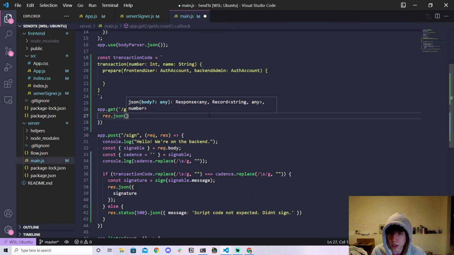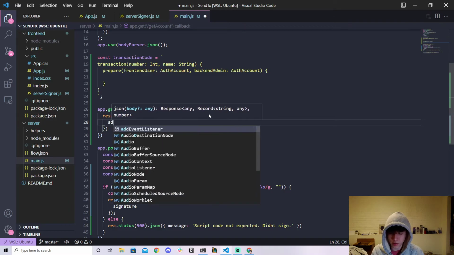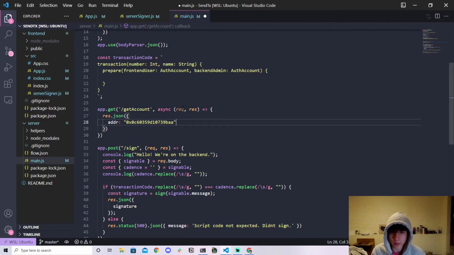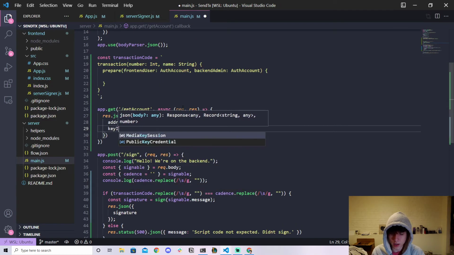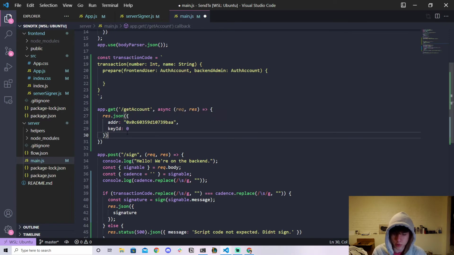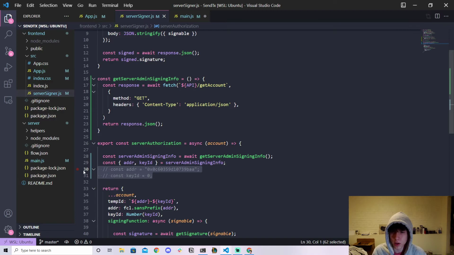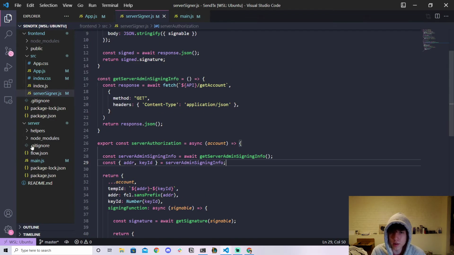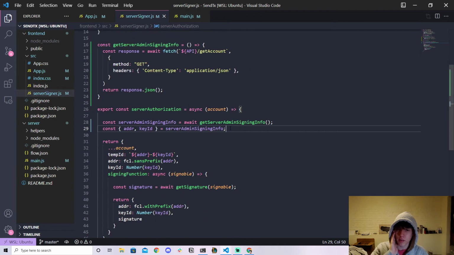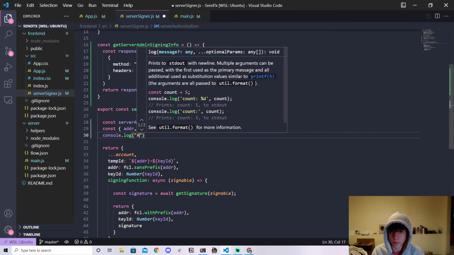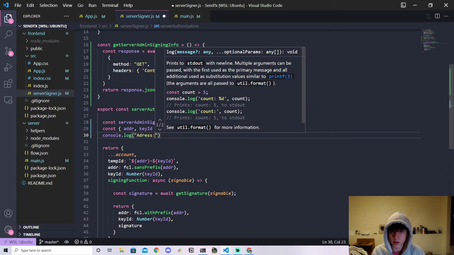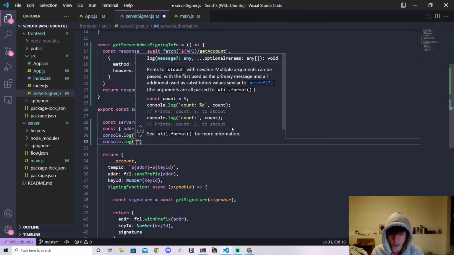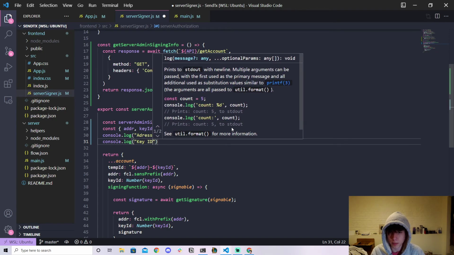Oops, that was supposed to be an object, so like that. And in here, we're just going to say ADDR, let's just do what we had before. So this right here. And the key ID is 0, right? So cool, just like that. And now what we can do is we can get rid of these two, and it will just come from our backend. So it's just making it less hard-coded. So you can really handle this however you want, but this is, I guess, how I would do it. Cool. And so then why don't we just go ahead and console.log the address is ADDR, and we can also console.log the key ID, which is just going to be